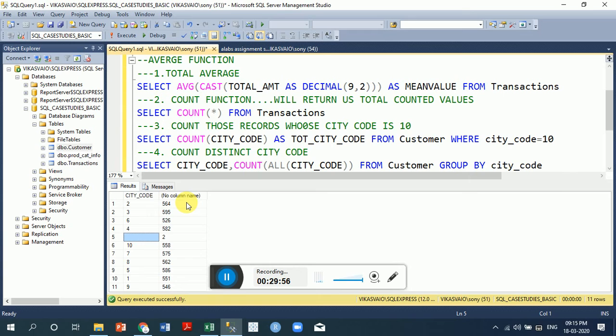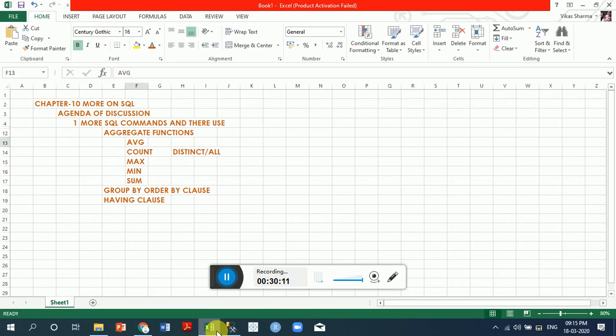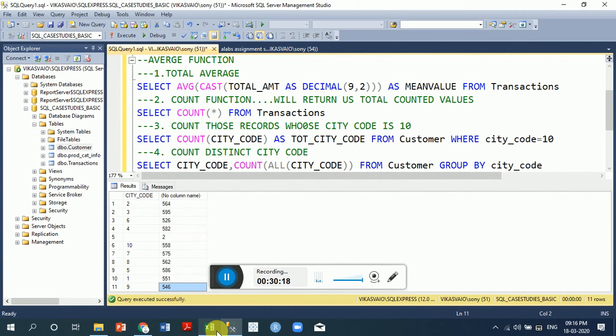But there's no city code allotted to these two rows. For this record 10, there are total 585, right? Likewise, we are done with count, I suppose. Then thereafter we have discussed distinct and all as well. We have to count max and min. So out of this, if I want to extract the maximum value,